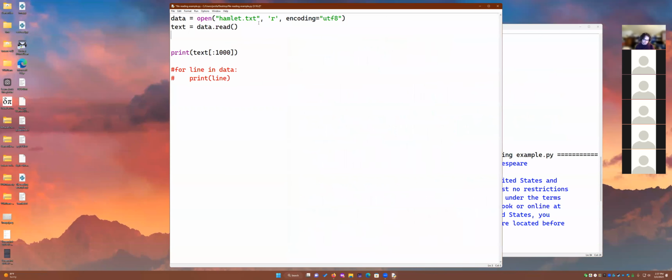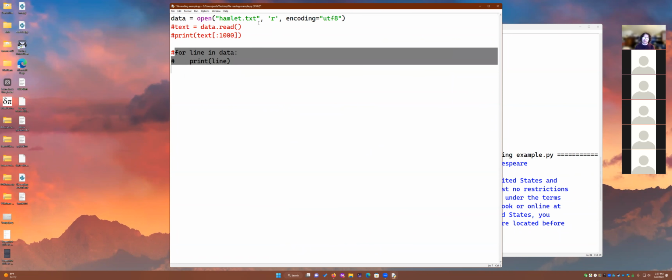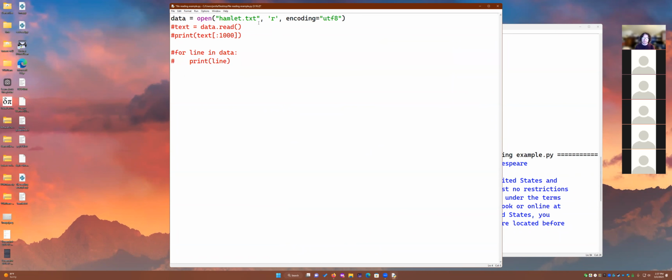Finally, there's one more way to do this, right? This gives us the text and stores it in one giant string, which can be both useful and useless. But if we want a more formalized, more controllable way of doing this, we have one with